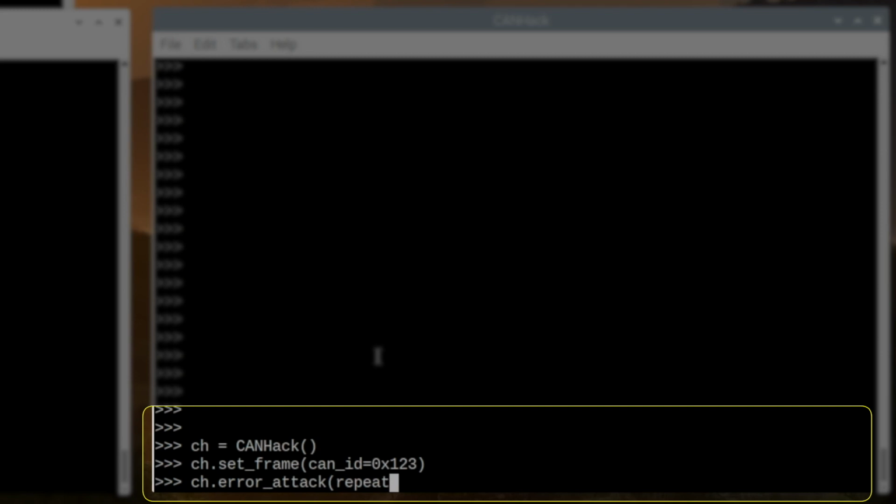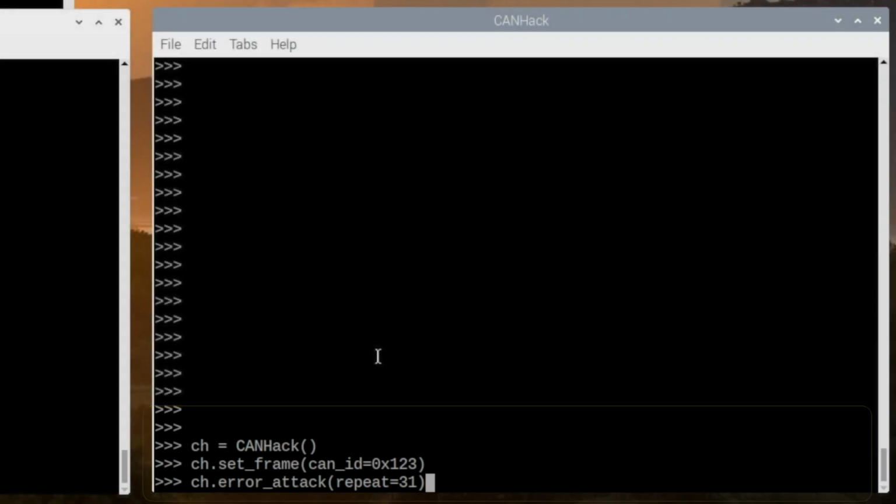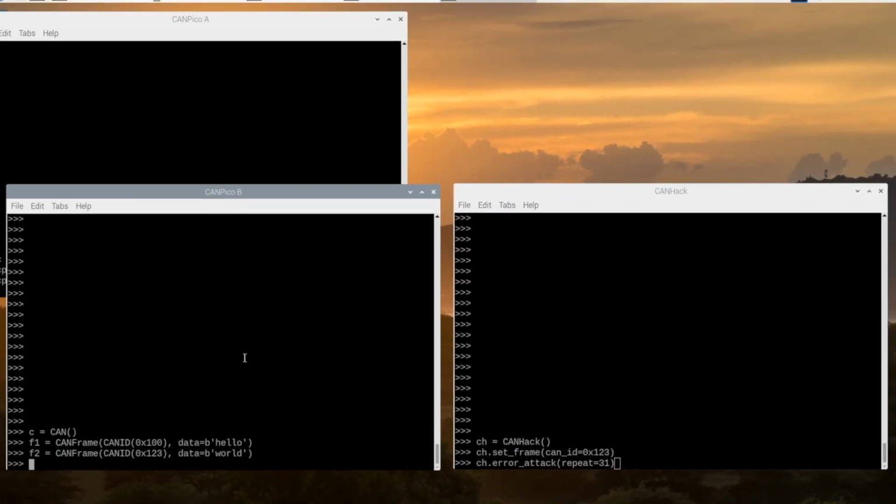What we'll do is that generates an error when it sees a particular ID, but we want to repeat the error to push the transmitter into a bus off state. And each error increments the transmit error counter by 8, and 32 increments of that will drive it above the threshold for bus off, and the CAN controller, the sender, will be forced bus off.